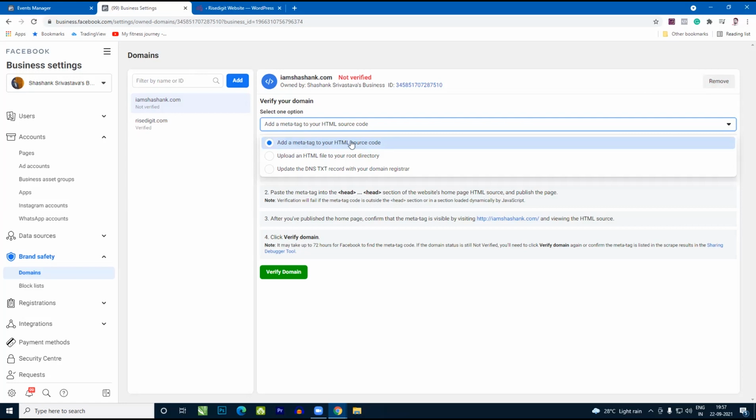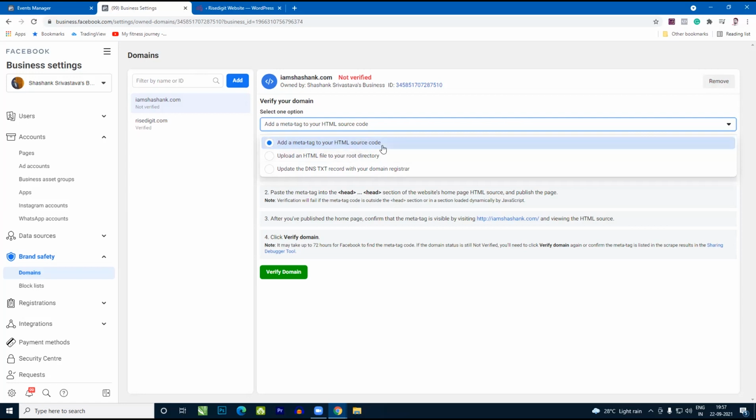Add a meta tag to your HTML source code. Meta tag means another script. Scripts, I would not recommend you to add multiple scripts. Obviously, it comes up to multiple requests for the page to load before even loading that. So in that case, your page takes a lot of time to load at the first start, and that is not a good sign if it is a landing page. So the first step is something which I always do not recommend, unless you are using Google Tag Manager to add your codes. So don't do that.